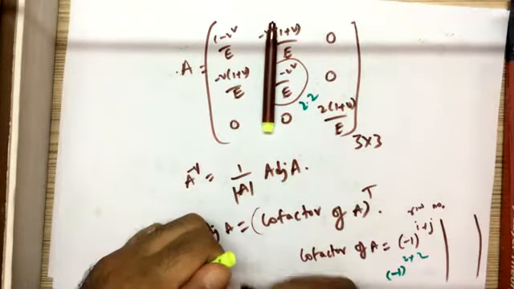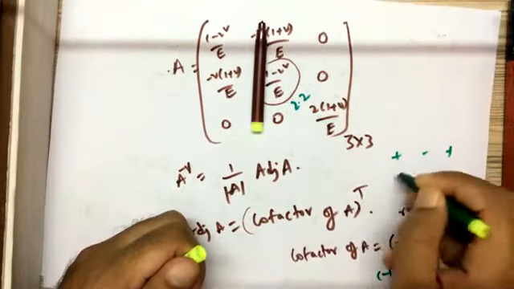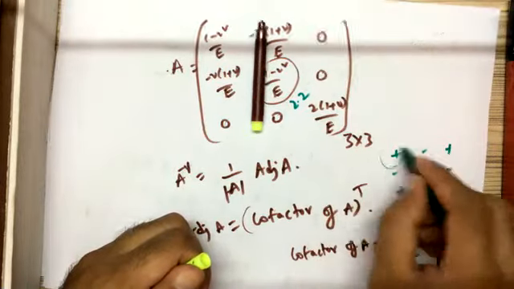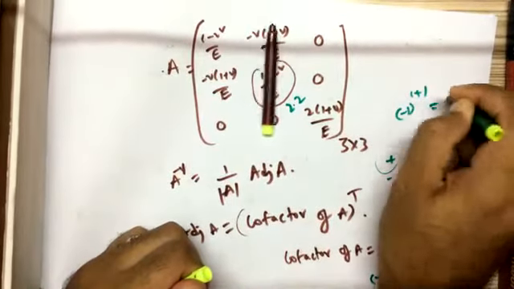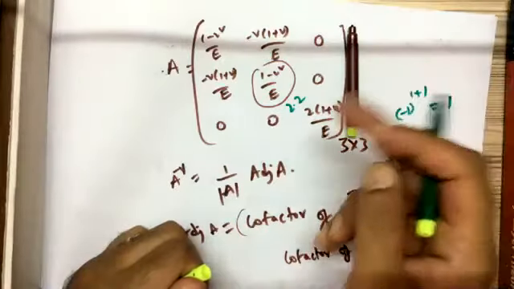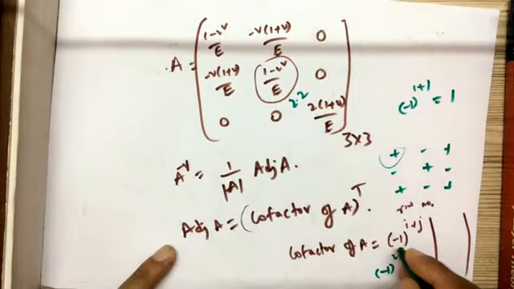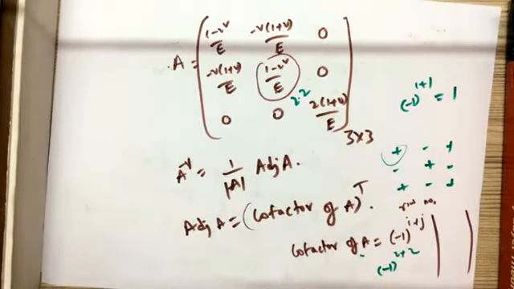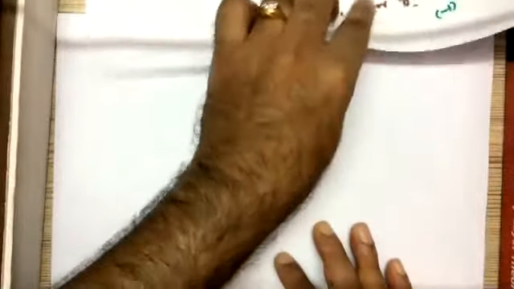You need not look into the row and column numbers each time. You can go alternately, plus and minus, starting with plus, because minus 1 whole power 1 plus 1 is plus for the first element. Similarly for row 1, column 2, minus 1 whole cube is minus. So no need to worry about the symbol; for each cofactor you just alternate the sign of each element. Now, let us first write down the cofactor matrix by writing the minors of each and every element.